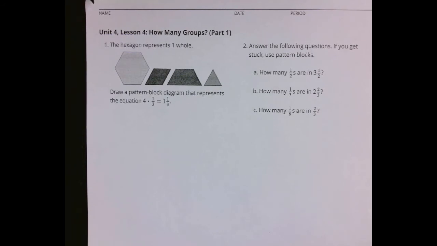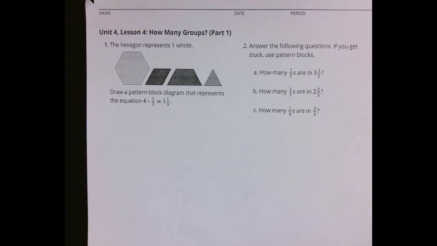We started to look at this in class. If you're in Temple, in LaSalle, we didn't get to it. I am actually going to use some pattern blocks to show this. So I'm going to, oh, I realized they're across the room. I'll be right back. Okay, they want us to show that 4 groups of 1/3 is equal to 1 and